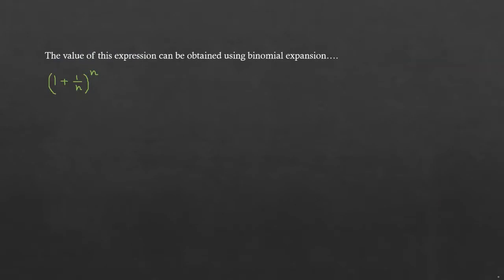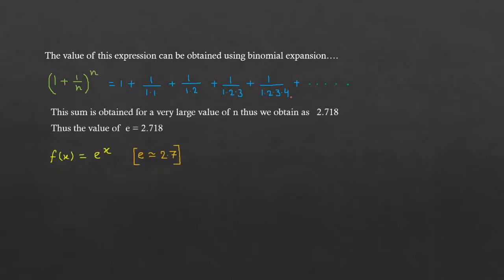So now we try to obtain the value of the expression 1 plus 1 by n whole to the power n, where n tends to infinity, using binomial expansion. Binomial expansion will help us obtain it in the form of a series as 1 plus 1 by 1 factorial, then 1 by 2 factorial, then 1 by 3 factorial, and the terms go on as long as we want, keeping n a very large value to obtain the exact value of this series. And thus we obtain the value as e equals